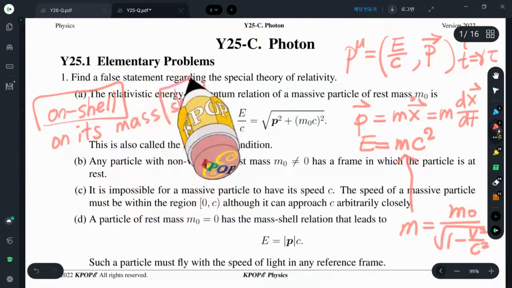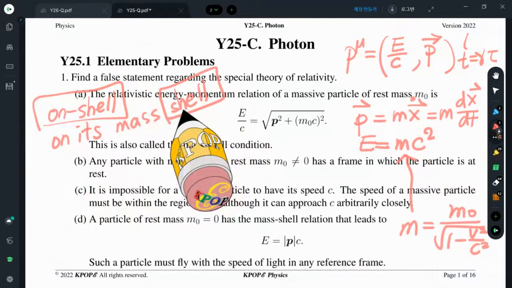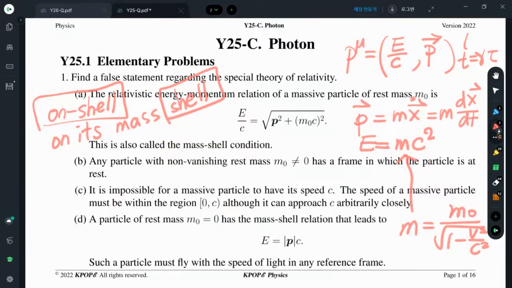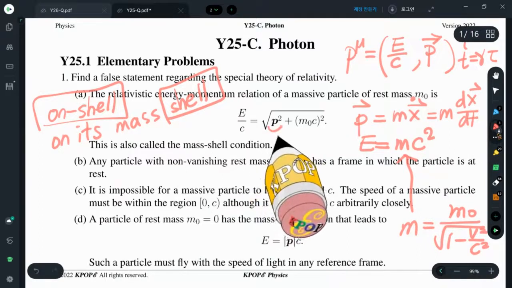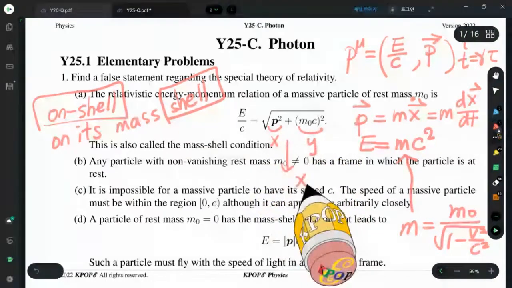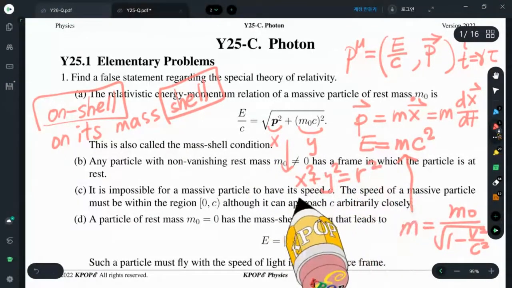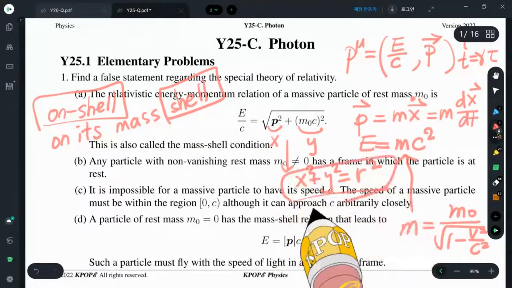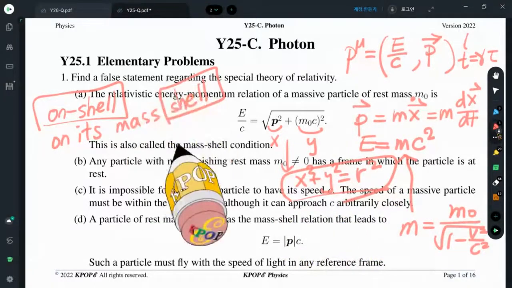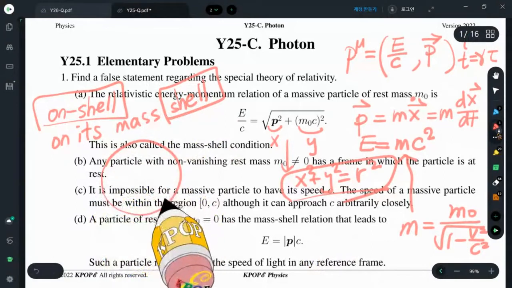The reason why we use this word shell is that it is a kind of sphere. For example, if it is x and it is y, then it looks like x squared plus y squared equals r squared. Okay? Something like that. So a shell is a